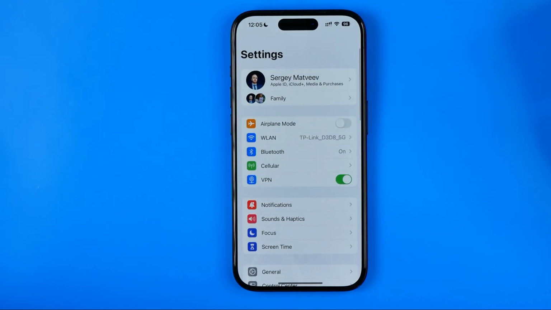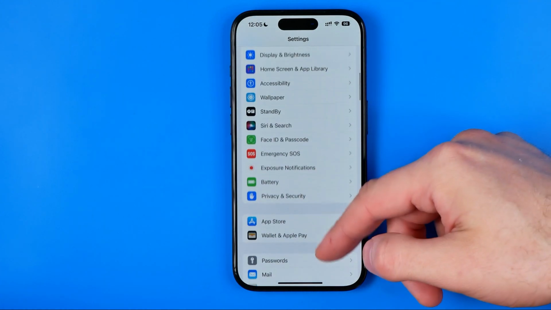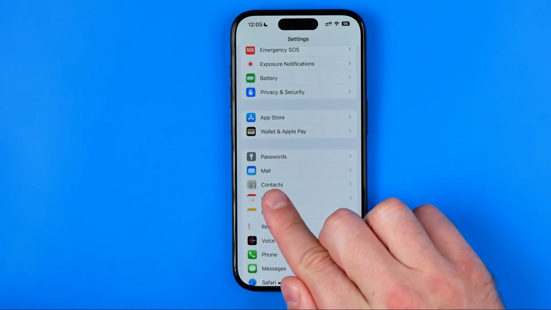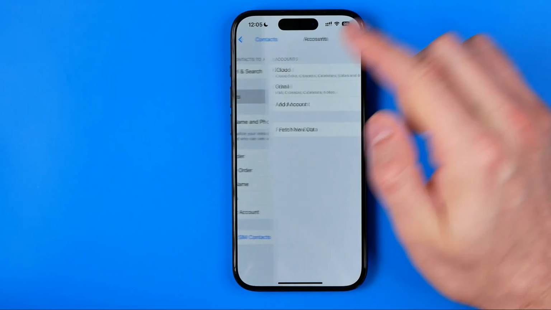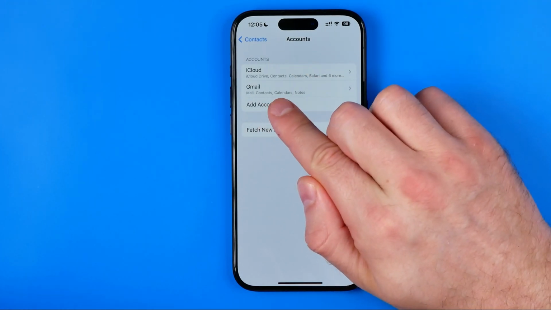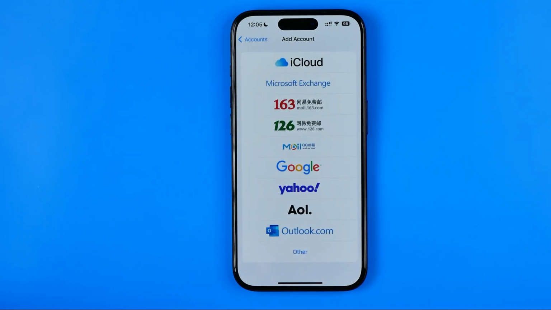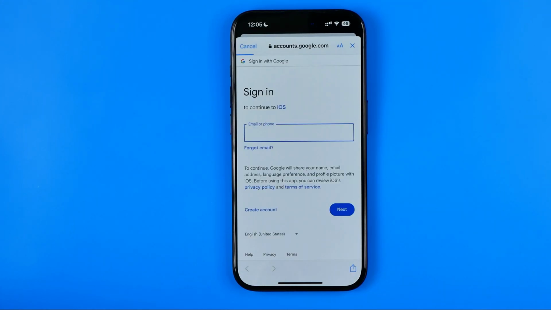Let's get started, guys, and first off, we need to open up Settings. After that, scroll down until you find Contacts. Then tap Add Accounts and then select Add Account. On the next step, tap Add Google, and now we need to sign into our Google account using our email